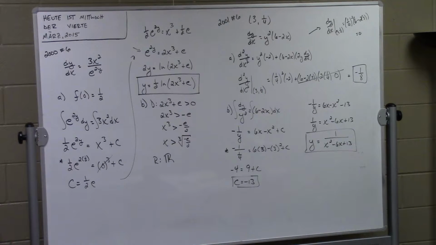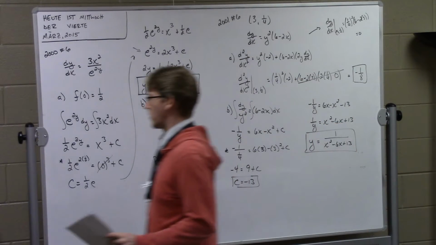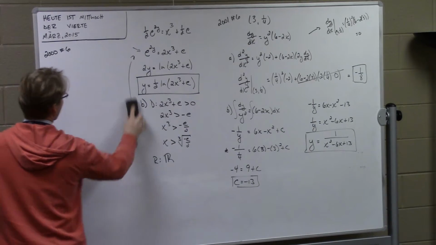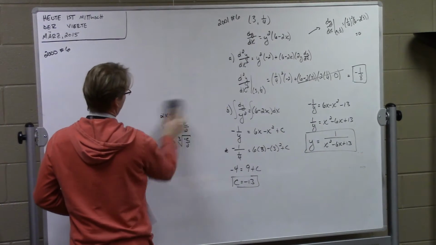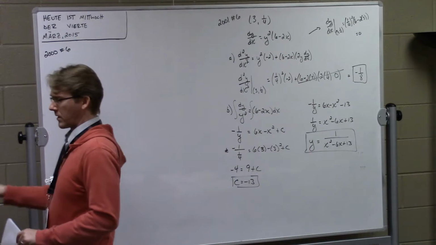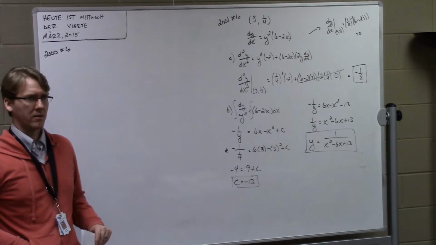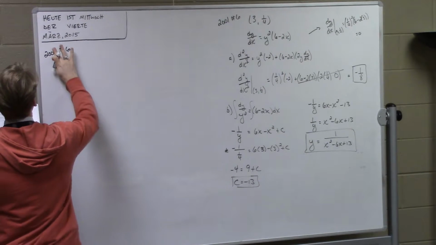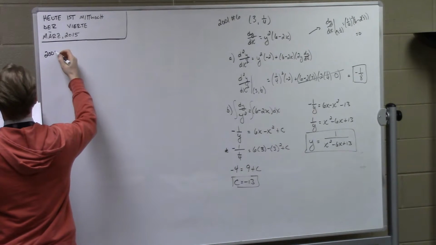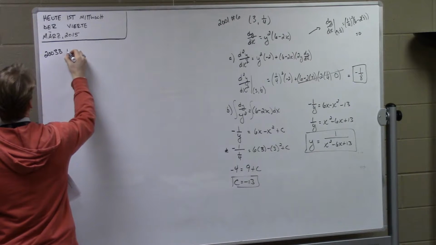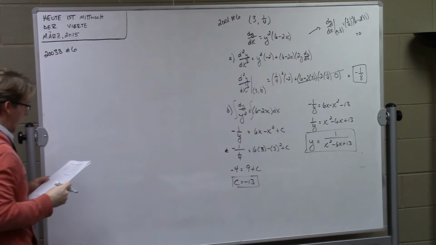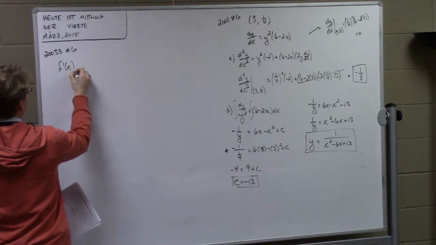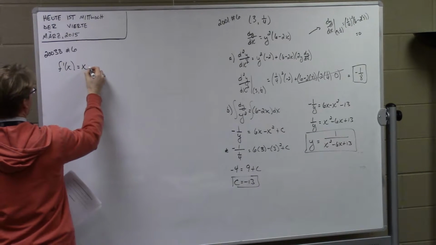All right, 2003B, number 6. Notice how we get a lot of number 6s. I don't think I've ever seen it in recent memory where it wasn't on the non-calculator, so it's always on the back half. 2003B, number 6. Okay. Let f be the function defined by f prime of x equals x square root of